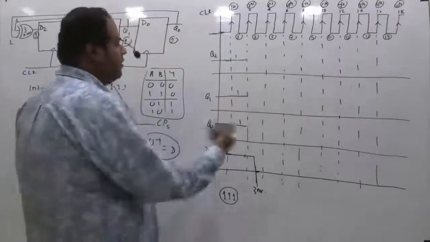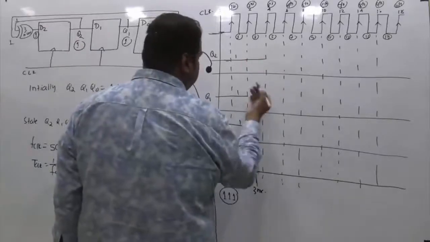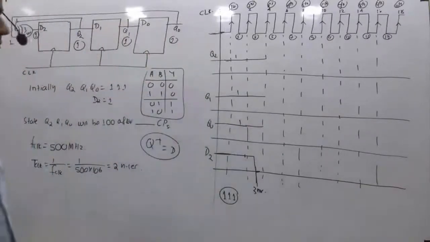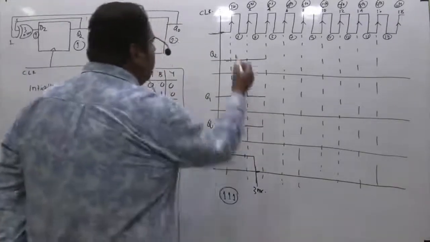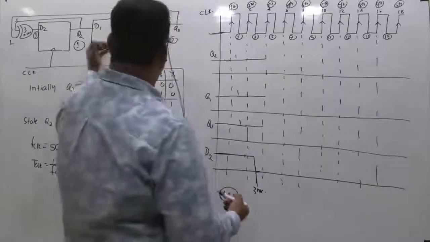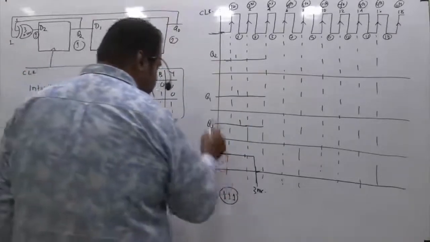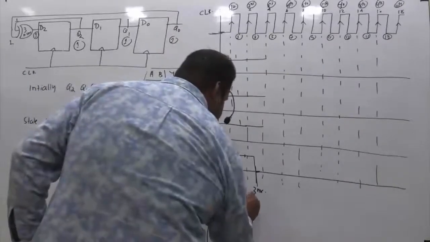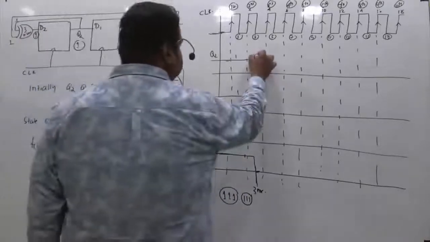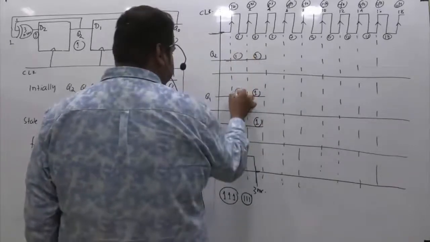So if I give one clock, the inputs to these are 1, 1, 1. Again it will continue for 1, again for 1, and again for 1. That means after the second clock is given, because the delays of the flip-flops are 0, I am writing exactly on these edges. So immediately when the clock is given, they will change their state. After the first clock, your state was 1, 1, 1. Now after the second clock, your state is also 1, 1, 1. How? This is 1, this is 1, and this is 1. Here also it was 1, this was 1, and this was 1.